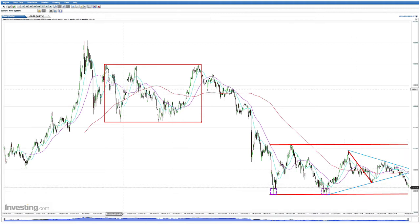I think it's interesting to have a look at this range here as well, the topping pattern that we saw in 2011 and 2012. Now it was a triple top, I guess you could say. And if you invert this, it almost looks very similar to the pattern that we're seeing at the bottom here. Not just in the peaks and troughs, but also the duration was quite similar here. And again, we've seen a longer distance for this third top, and that's similar to what we're seeing with this